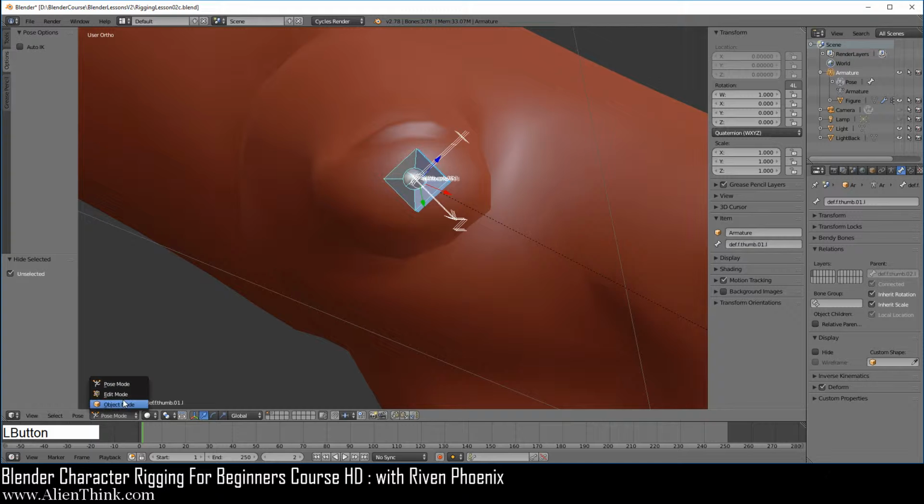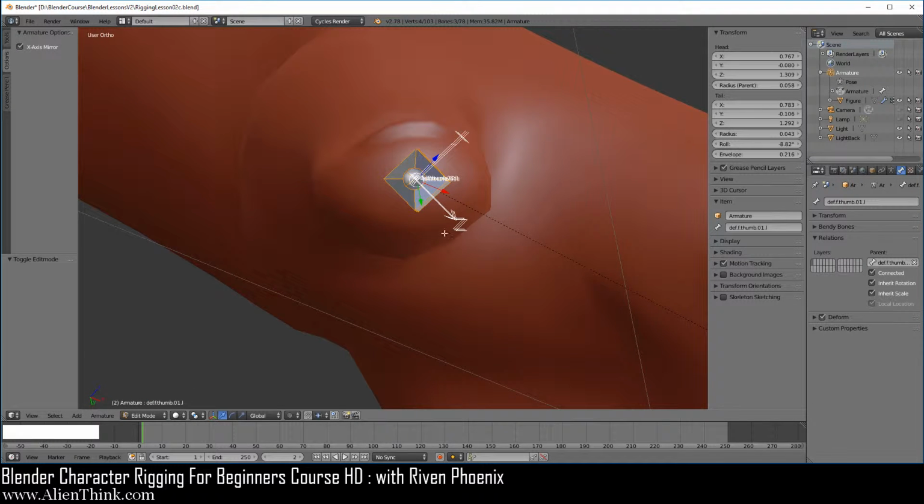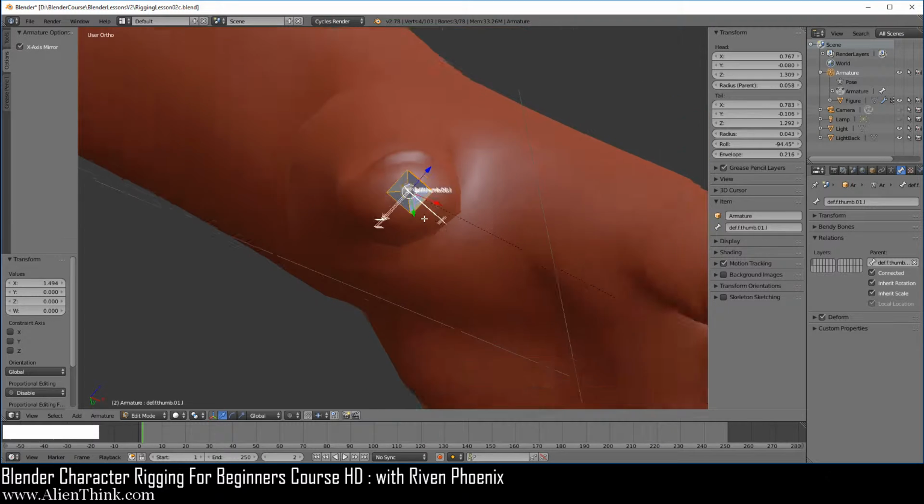Now, the thing about this is that when it comes to Unity, the z-axis actually needs to point down, just like the fingers. So if we do Control R and rotate this like this, this is not correct. We actually have to do it this way, kind of like a V shape. Okay. Now you'll notice why we did this.